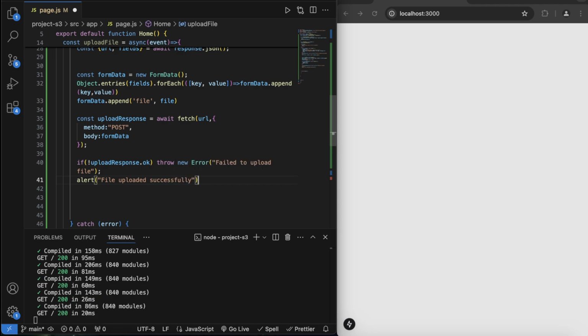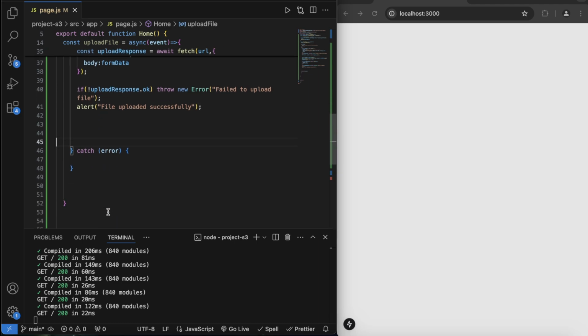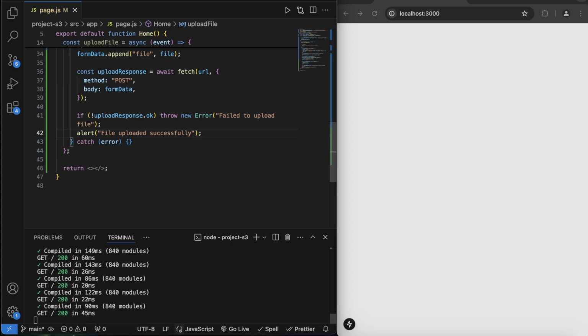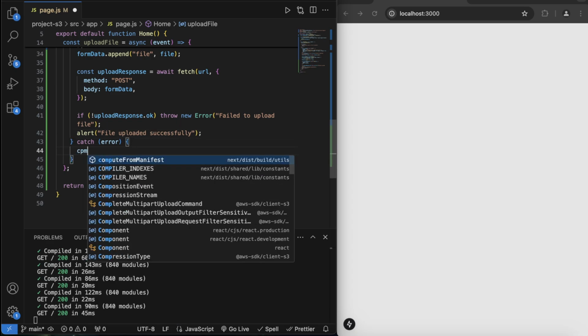Cool. So this would notify the user that it's been successful. And then for catch, let's just do this. Awesome. So for catch error, we're going to state